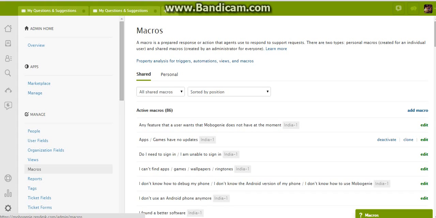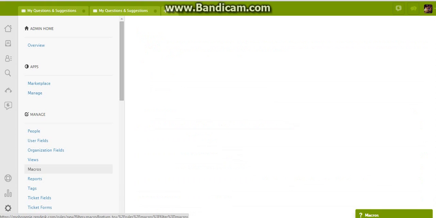And here's the page where the macros are created, and it will show you if they're active or not. As you can see, there are already 86 active macros, and there are two different options to create macros. One is the shared version and another one is the personal version. Shared version means it's available for everyone to view and use. Personal ones are for personal preferences if you don't want to share with everyone. I'll create a shared macro. You can see there is an option, Add macro. Click on Add macro,